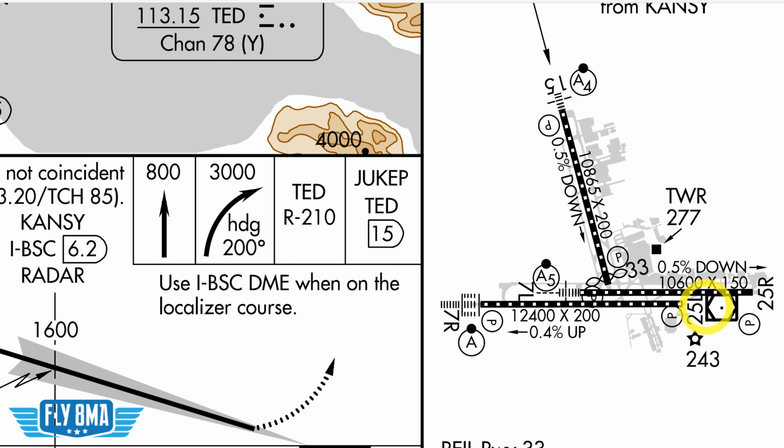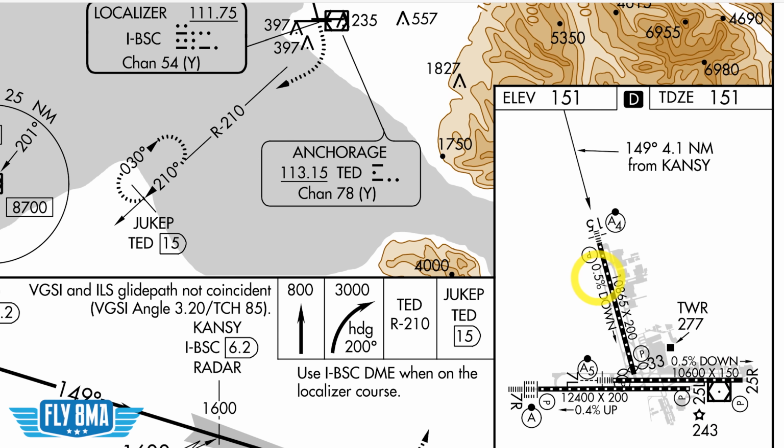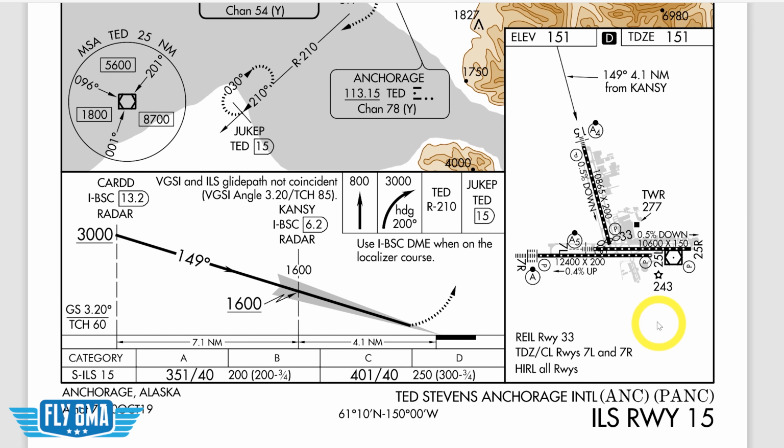We've got the VOR over there. We've got a rotating beacon, 243 feet MSL. We've got a slight downhill, 0.5% down slope for runway 15. The tower is at 277 feet MSL. Watch out for that. Other than that, I think we've covered, I guess we'll talk about the